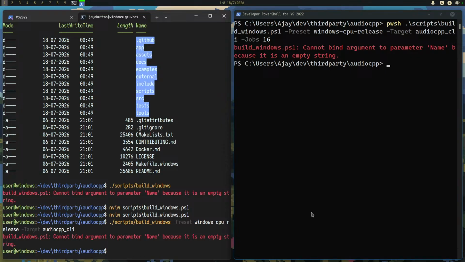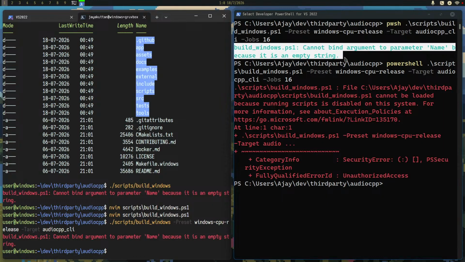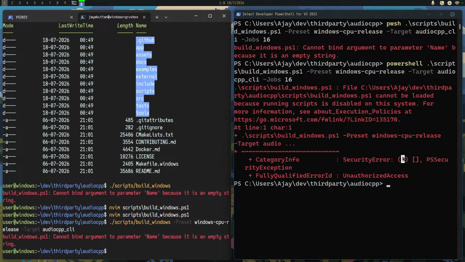That's interesting. This shows that I might be wrong, and this might not be because of AppLocker rules, because clearly the script is running.